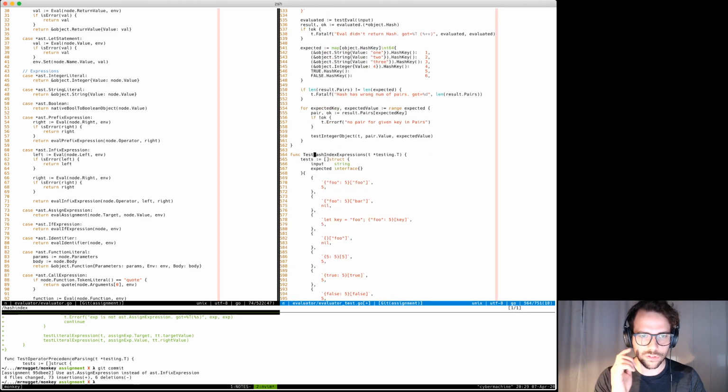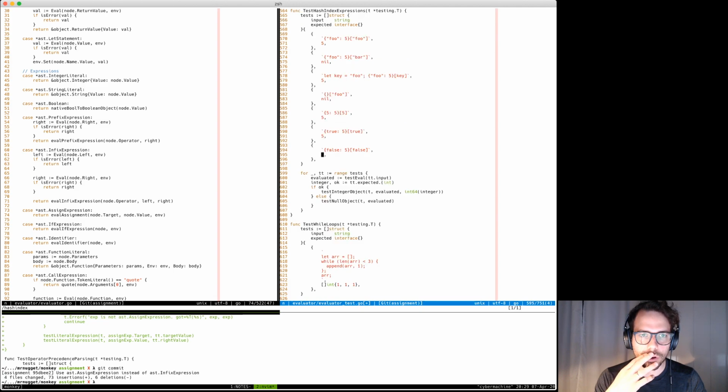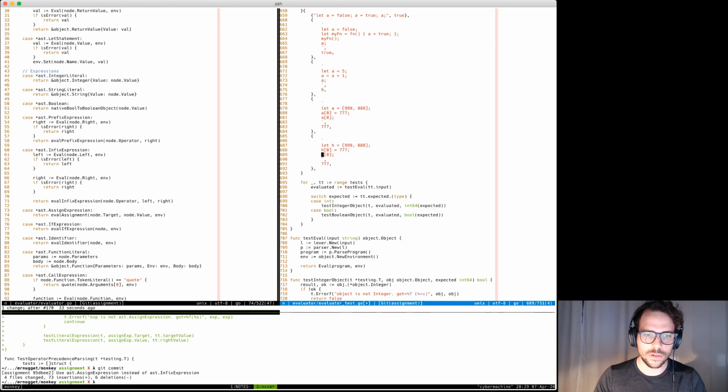So these are the tests for the hash index expression, and I just want to make sure how this works again. Yep. All right. So our hash